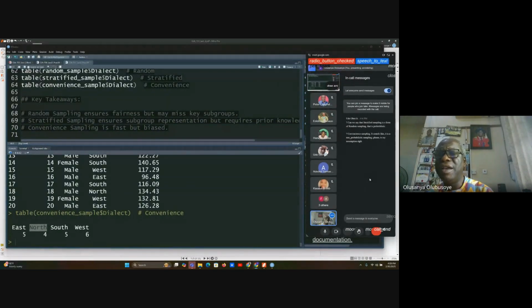So these are the challenges. Okay, I see Udo asking, can we say that stratified sampling is a form of random sampling that is probabilistic? Yes. Stratified sampling is probabilistic, it's random. So even in stratified sampling, you also employ random sampling,